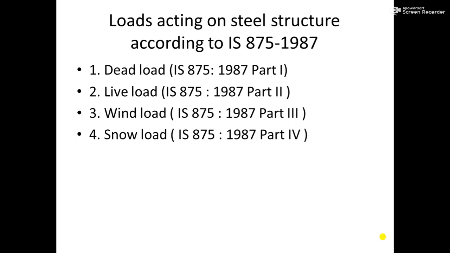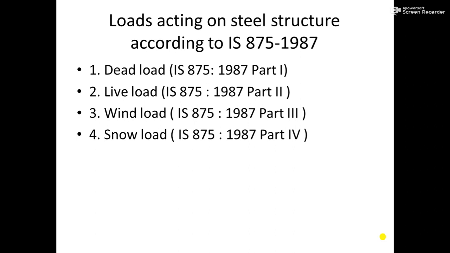Dead load is nothing but the self weight of the structure. Suppose there is a roof truss on a workshop building. That truss has I sections, angle sections, purlins, and the weight of AC sheet or GI sheet. The whole combination of this load, which acts directly on the steel columns, is known as dead load, which is a permanent load acting on the structure.